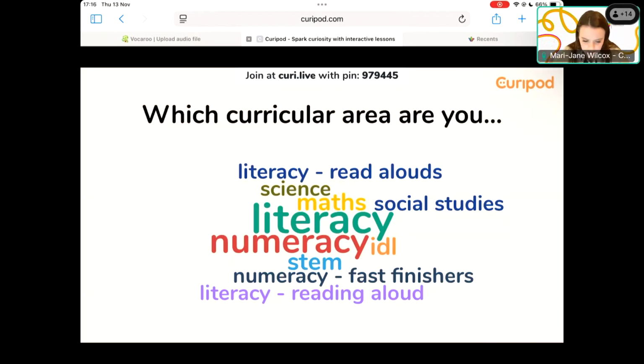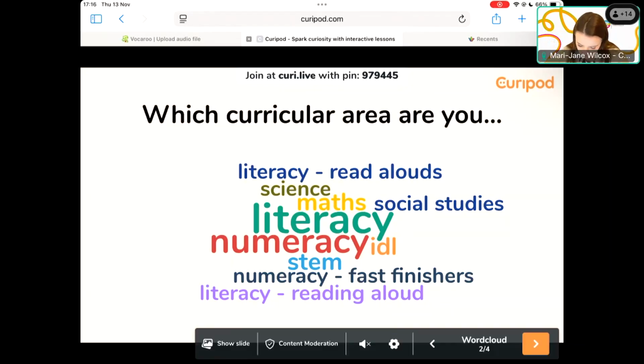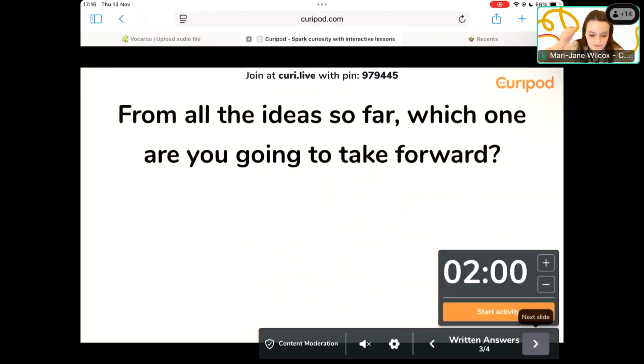The next one, I think, let's have a look. I'm going to move on. This is an open-ended question. What I also like about Curipod is when I've set this up, I've put a 2-minute timer on it because I felt like it might take 2 minutes. I can adjust that as I go depending on my observations of the class and how they are coping with the task, etc. So I can increase and decrease the time by 30 seconds, which makes it really reactive because